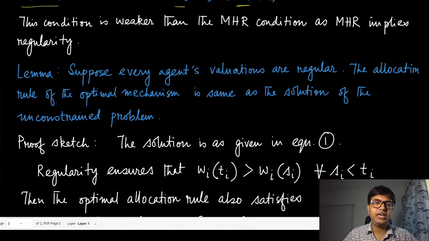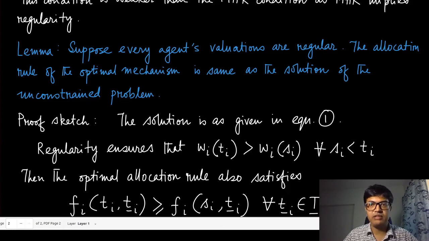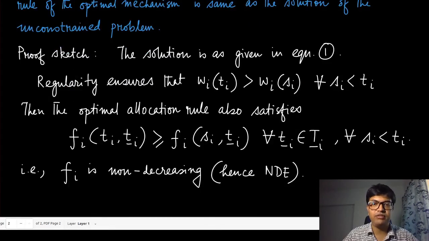Suppose we assume that every agent's virtual valuations are regular, then the allocation rule of the optimal mechanism is the same as the solution of the unconstrained problem. And the proof sketch is very similar. The solution is as given in this equation 1, what we have discussed before. You give the object to the highest virtual valuation agent and charge him the payment which is given by that payment integral formula, and this optimal allocation rule also happens to satisfy this